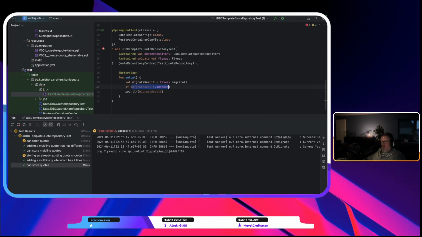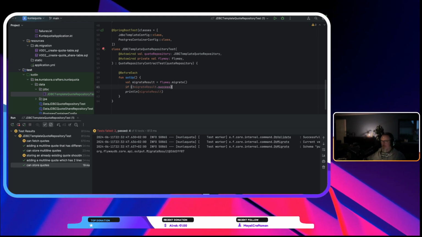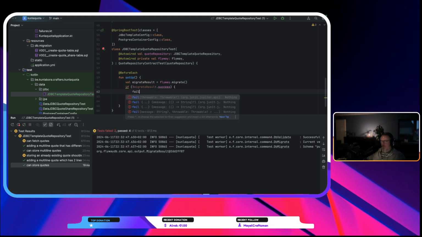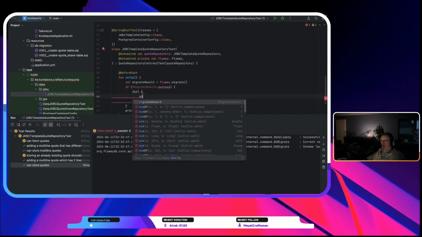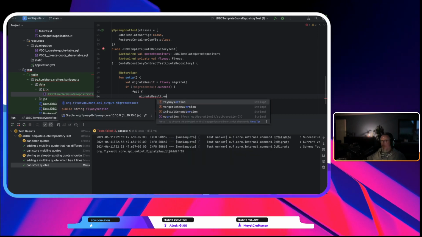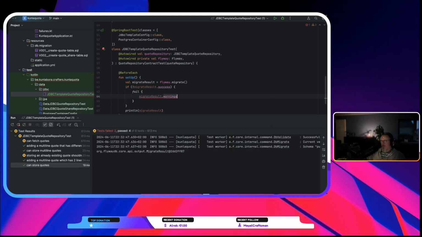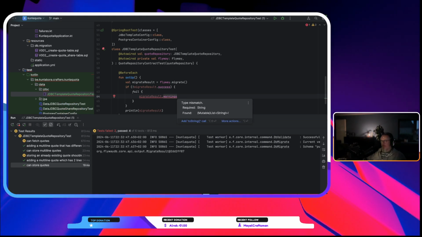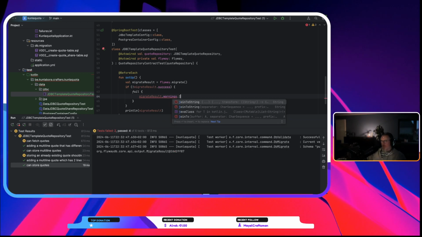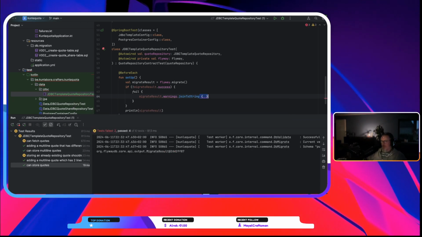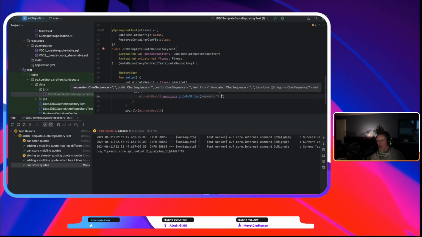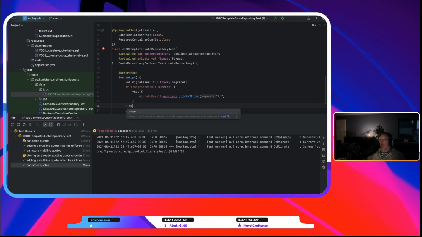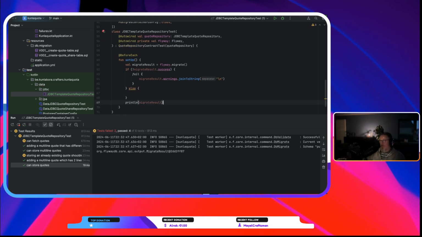If not, I guess what I want to do then is fail with migrate result dot error or something, or warnings. Let's do join using a new line or something. Here. And then else, what do we do? We can print